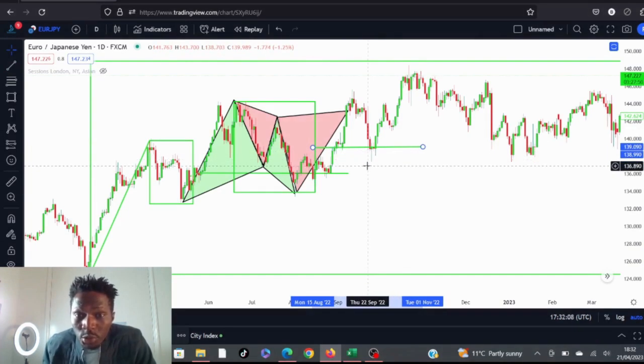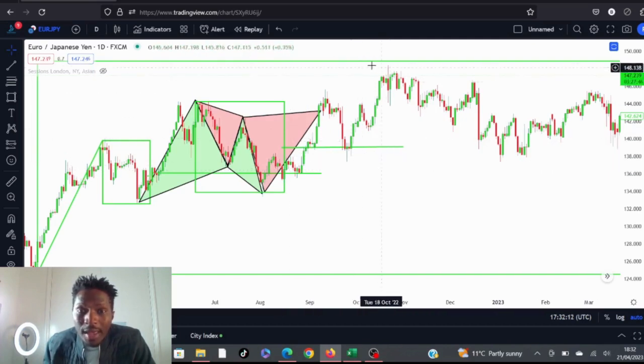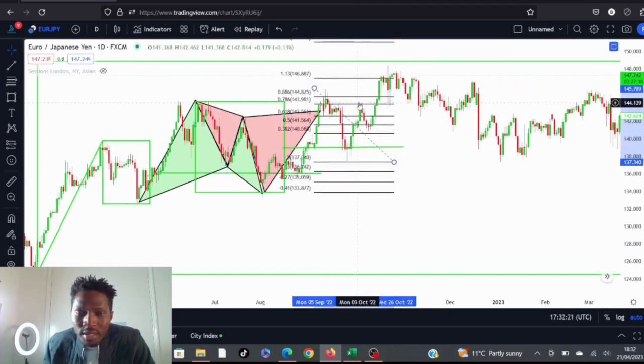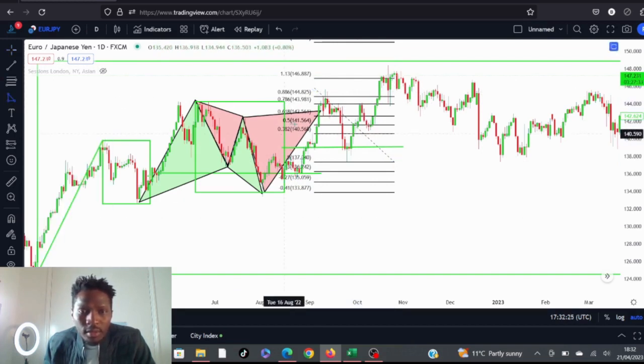So let's move on to trade opportunity number 5. Now if you look at this structure here, we had another advanced pattern in the form of a butterfly pattern. You bring in your Fibonacci, swing high to swing low. You're looking at the 786 retracement. That gives you a butterfly pattern. So I'm going to draw the pattern here